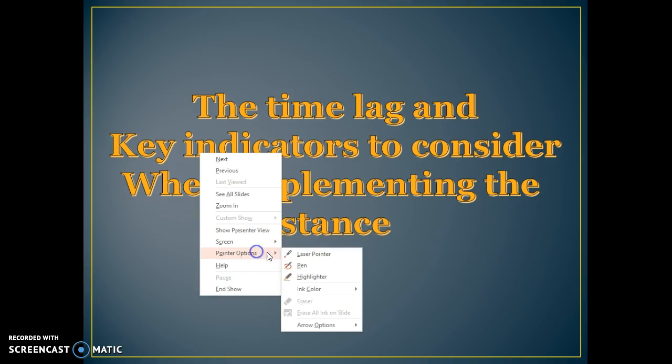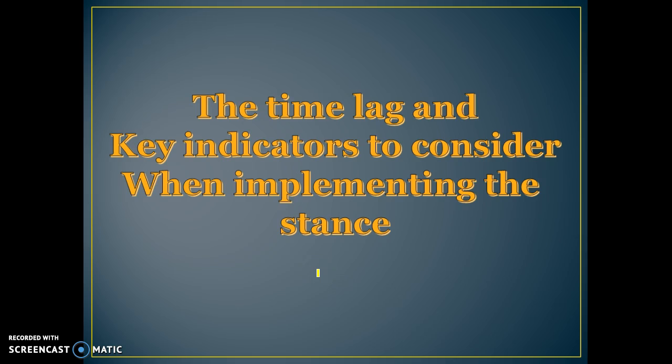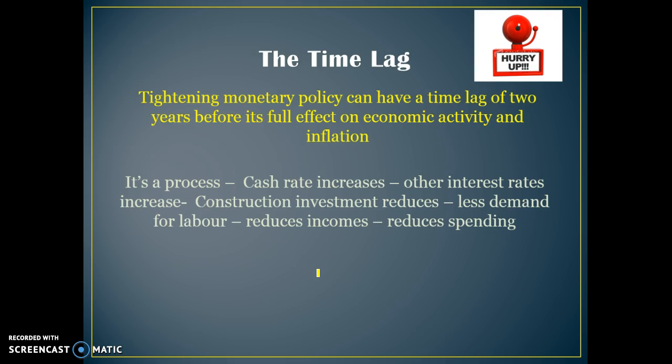In this video we're going to have a look at the time lag that often occurs when the RBA implement either a tightening or loosening of monetary policy, and also some key indicators the RBA will look at when determining their monetary policy stance. So first of all, when the RBA decide to increase or decrease interest rates through the cash rate, it can have a time lag of up to 2 years before it has its impact on economic activity